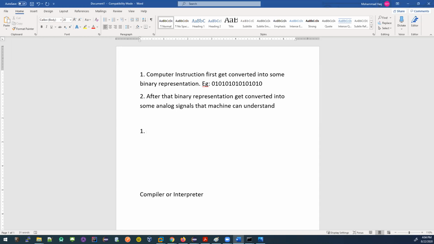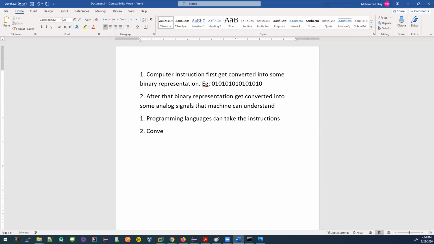First thing, a programming language can take the instructions, okay?